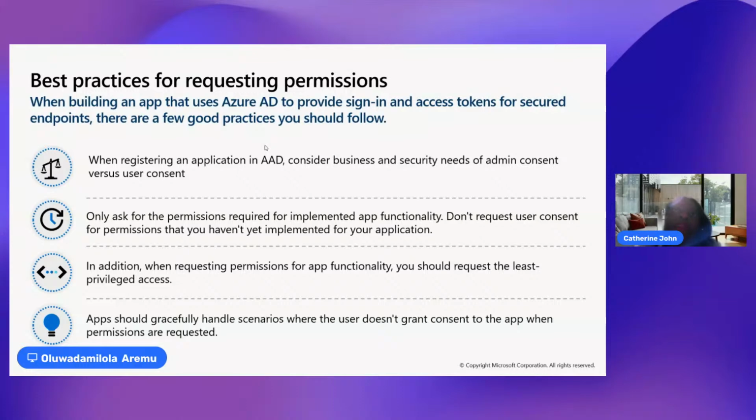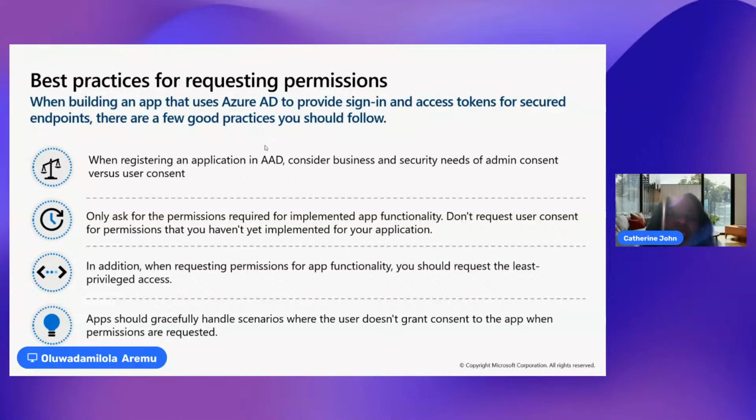you have an app like the Jumia app or any other app, or let's say you have a multi-factor authentication app by Microsoft, or by Google. Then imagine that app is asking for your camera permission. It doesn't make sense. So what they're trying to say in this second slide is: only ask for permission required for your implemented app functionality. There's no way you should give your multi-factor app access to your camera,